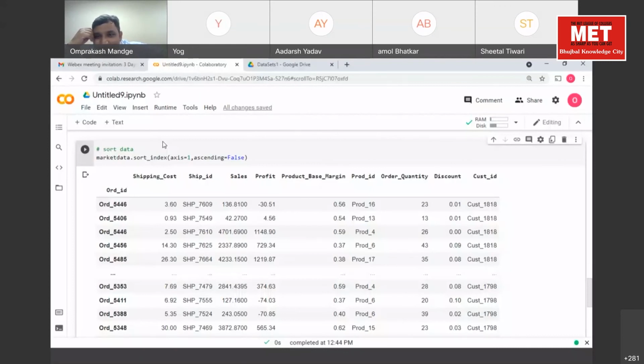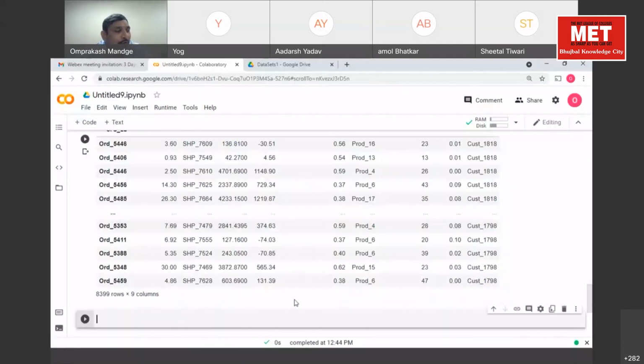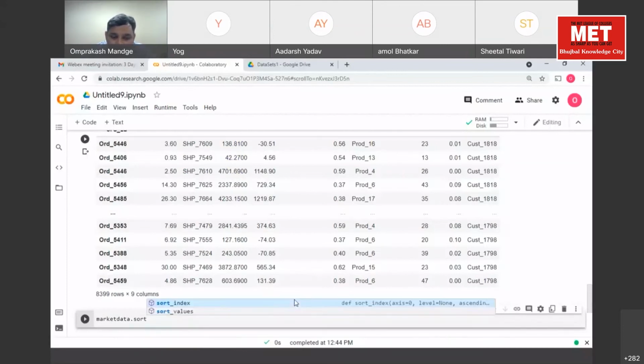Axis 0 means rows and axis 1 means columns. I think the last function that we'll execute now is sort values, and then we'll wind up for the day. So tell me, on which column should I sort? Market data dot sort underscore values.